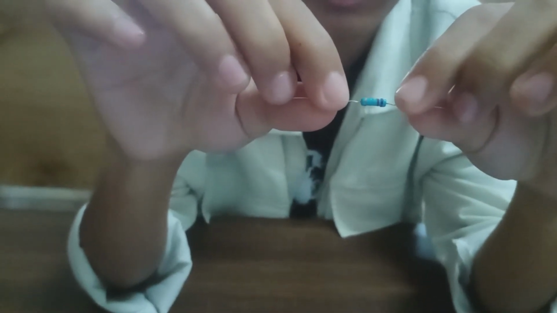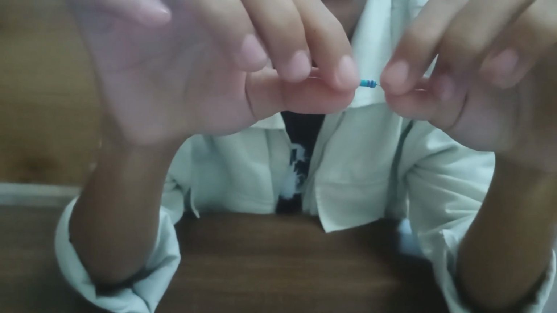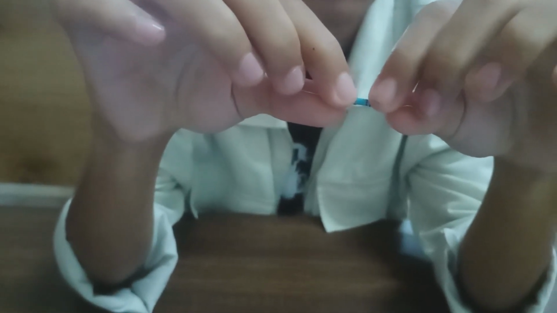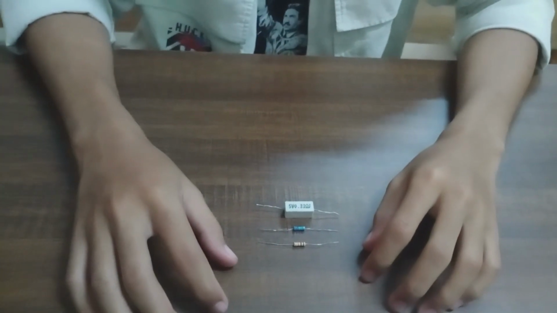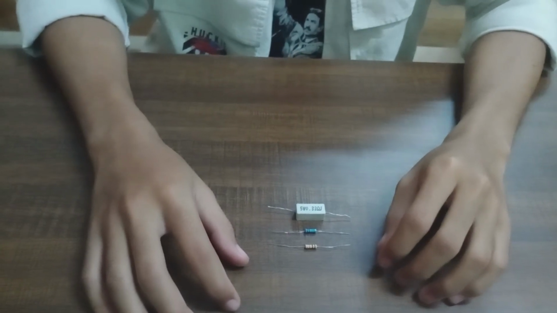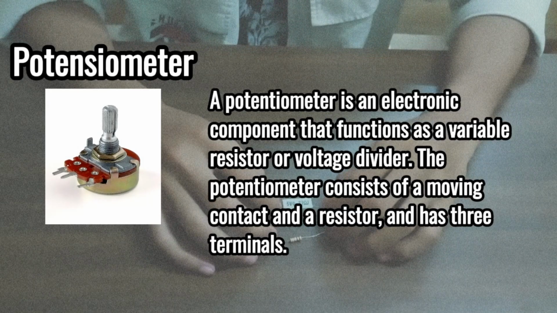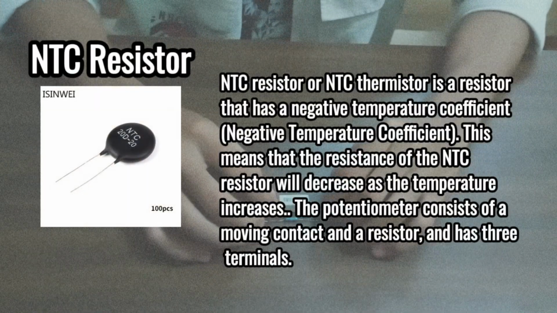This means that the resistance value can be read, namely 72 with 4 zeros behind it, or 720,000 ohm, or 720 kilo ohms with a tolerance of 5%. There are also variable resistors. You can see them in the image on the screen. For example, there are a potentiometer, NTC, PTC, and LDR.